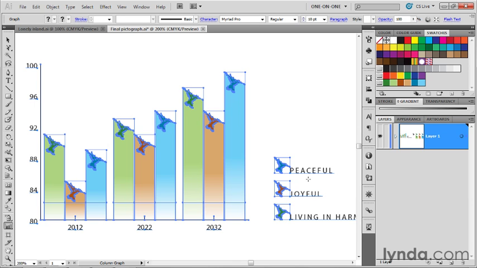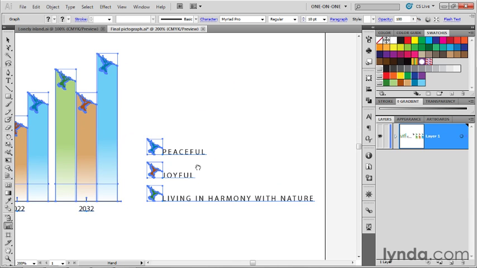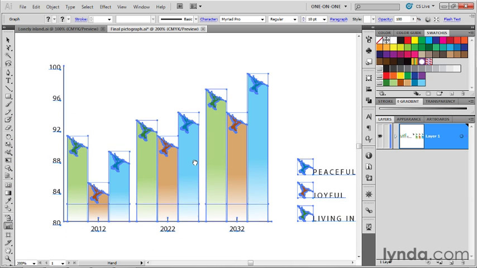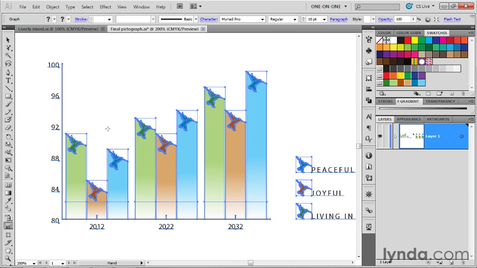Now, assuming that that was the last change I want to make, you might want to just take a look at your graph if you're working along with me, make sure you don't have any typos over here in the legend, that things really do say peaceful, joyful, and living in harmony with nature. Everything looks good to me. So once you've established that your graph is good to go, then let's go ahead and apply some manual design